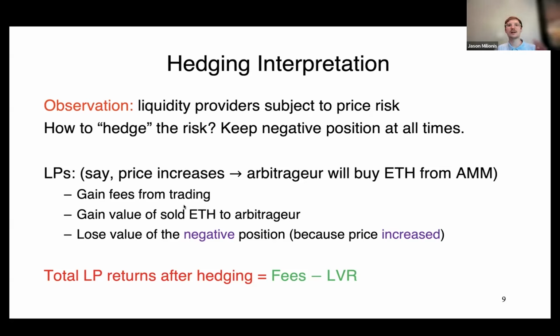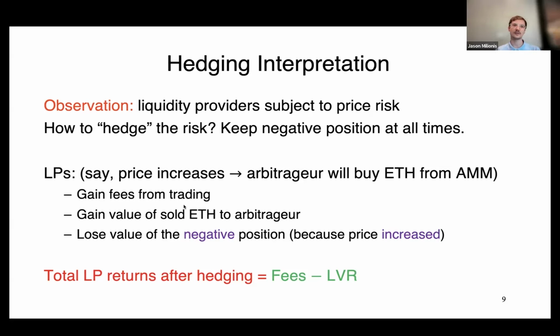So what ideally one wants to do is have a position as a liquidity provider, and then also always keep the negative of however much risky asset the pool actually has. This way, whatever price move actually happens does not affect you. This is what we'll call hedging. And this is the third interpretation that we see of LVR: this hedging of the market risk.